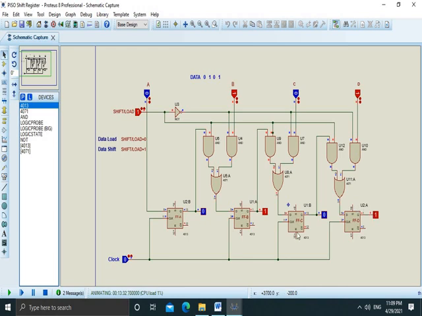So this 1 is shifted first. See, this 1 is shifted. Now 0 is moving, shifting from one flip-flop to the next flip-flop. Now 0 is moving to the next flip-flop. Then 1 is moving to the input of this last D flip-flop. After receiving the clock, it is shifted. And see, after receiving the clock, it is again shifted out. So data is entered in parallel and shifted one bit at a time from the output of the last flip-flop.